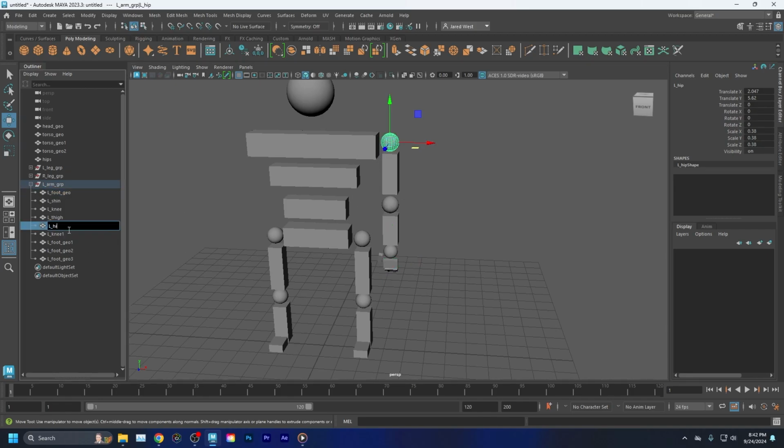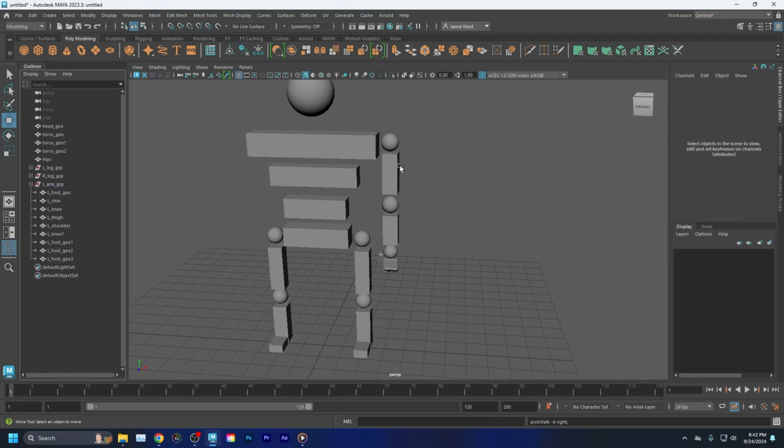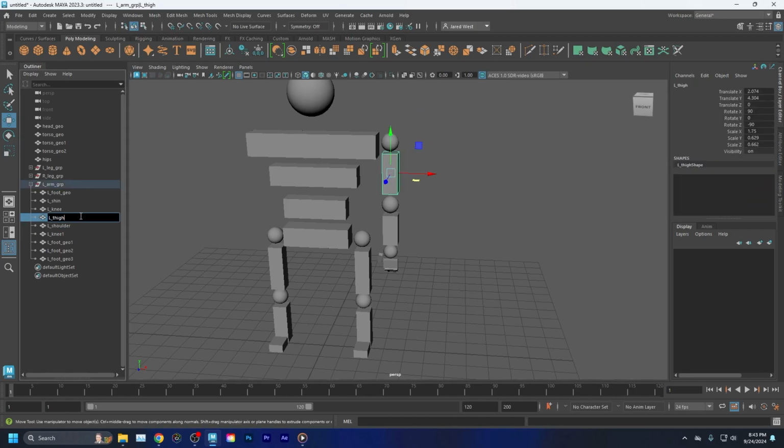So this will be my left shoulder, left bicep, elbow right here, forearm, and then we'll have our left palm,